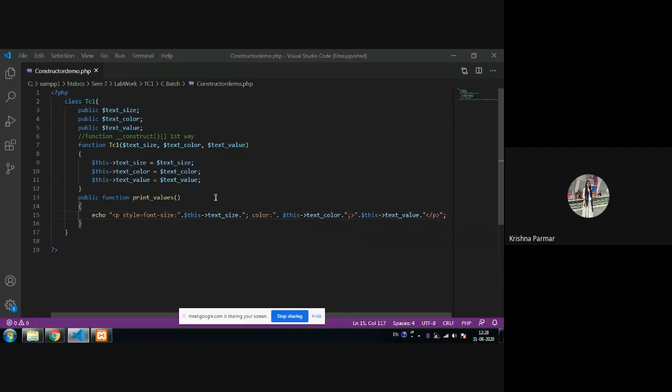What we do, we take an input from the customer, and whenever the strings are there we put them in double inverted commas, and to concatenate the two strings we use the dot operator. Again color is our CSS style. Again here this text value is the value of our text, so that's why we are not putting it into double inverted commas, otherwise it will not interpret it.